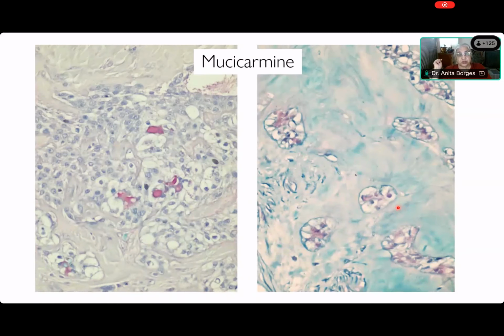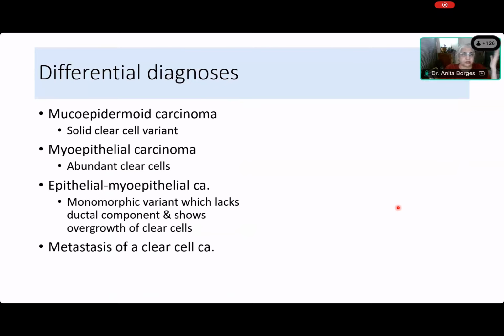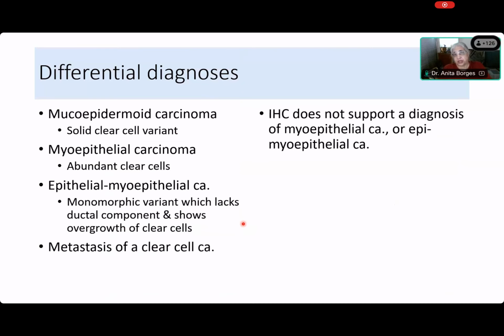Okay. Now this tumor also, by the way, contains mucin, and you can see it. Not all the cells contain it, and therefore people could mistake it for, what can you mistake it for? A mucoepidermoid tumor. Okay, but it does not have intermediate cells, and it doesn't show you squamous differentiation. It is a very close mimic of a mucoepidermoid carcinoma. Okay? So then you have differential diagnoses, myoepithelial carcinoma. No, but we have now come down to an understanding that it is none of these tumors. The immunohistochemistry does not support a diagnosis of a myoepithelial carcinoma or epithelial myoepithelial carcinoma.